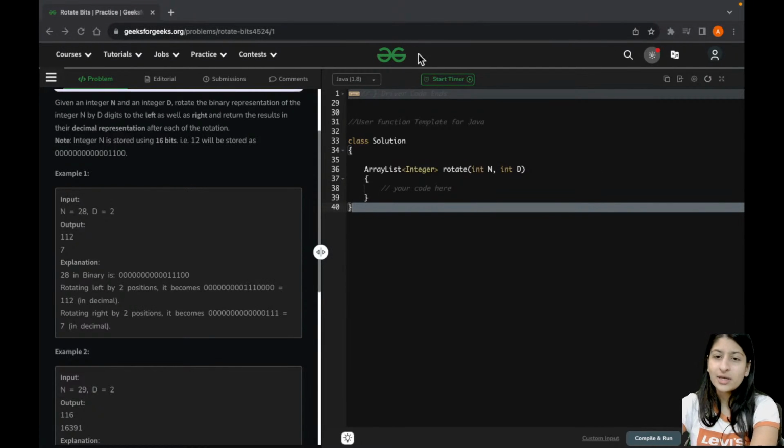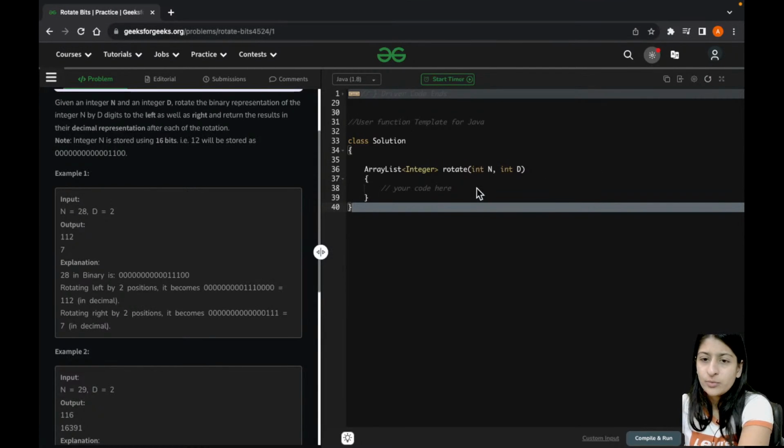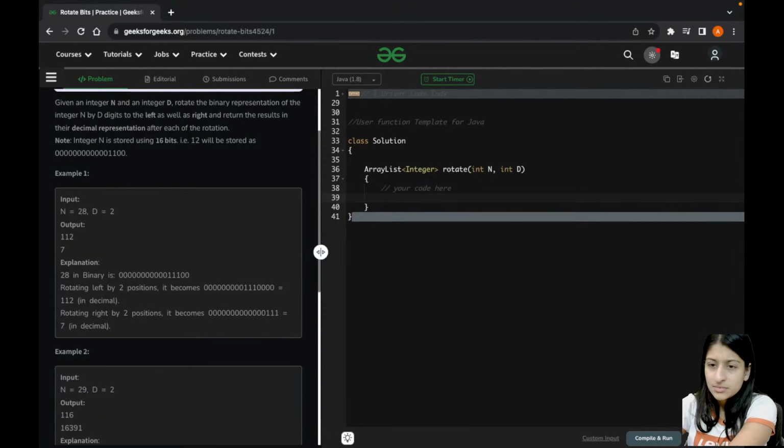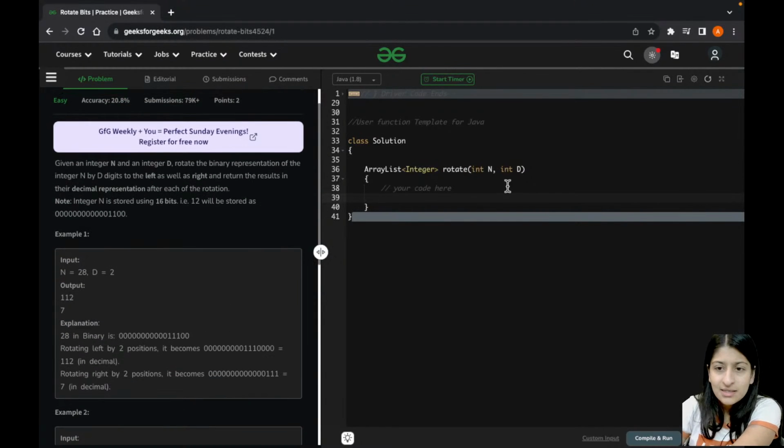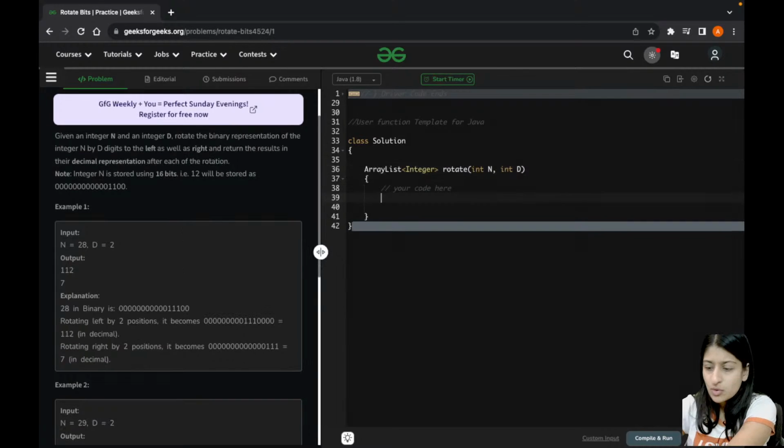So in code, what can we do? The similar thing I told you. The only extra thing that I'm going to do is that this D, I don't know if they have given us a limit. Let's say this D exceeds the number of bits that we want to return. So I am just taking the remainder of D. I am storing D with remainder 16, so that if D exceeds,